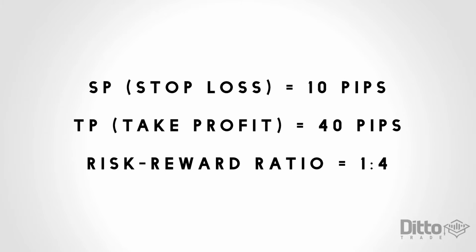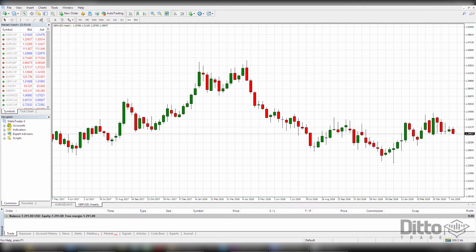If you were looking to place a trade and you only wanted to set your stop loss at 10 pips, for example, then we could set your take profit to 40 pips. Your risk-reward ratio would be 10 to 40 or 1 to 4. You're risking 10 pips for the opportunity to gain 40 pips. Simple. The basic concept of risk-reward ratio is to look for opportunities in the market where the reward always outweighs